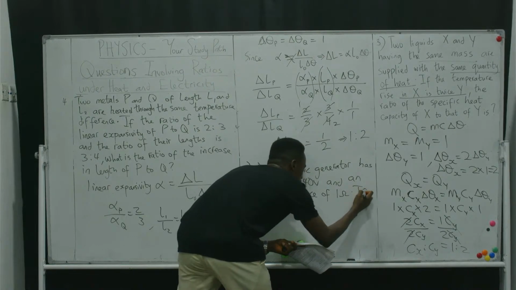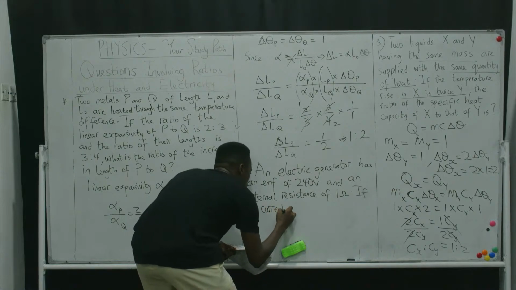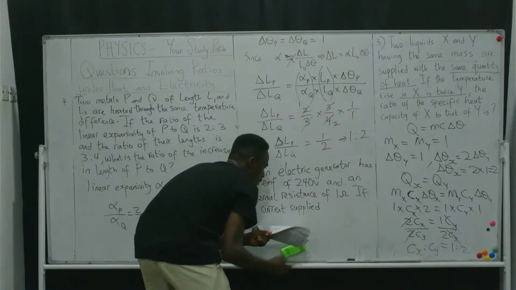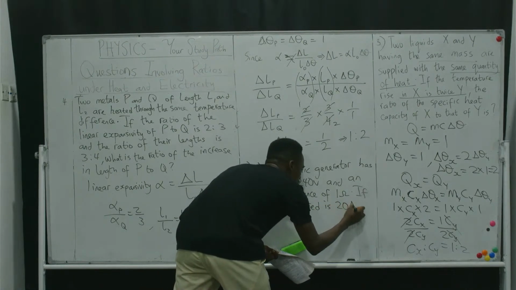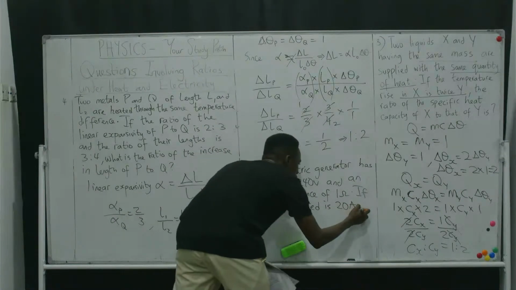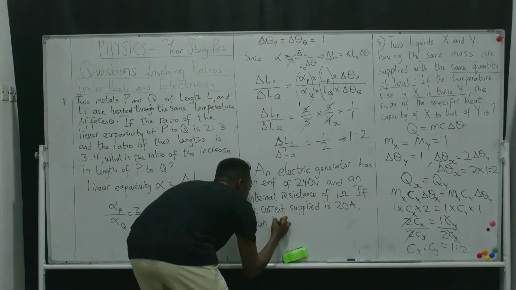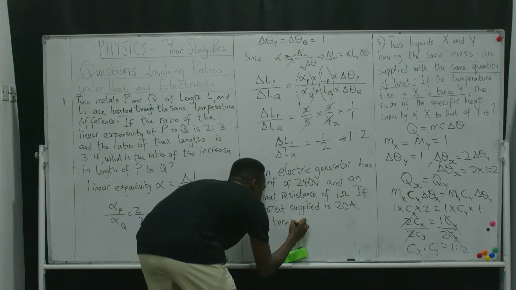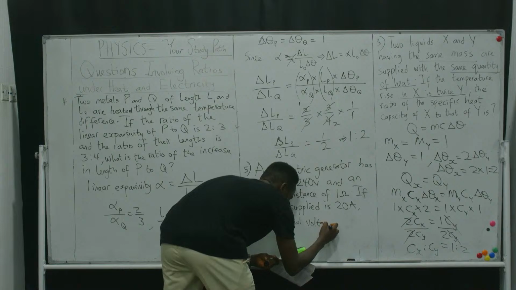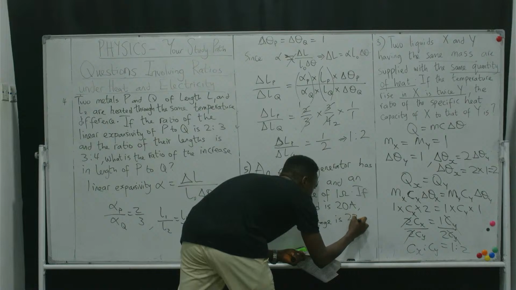If the current supplied is 20 amps, when terminal voltage is 220 volts,